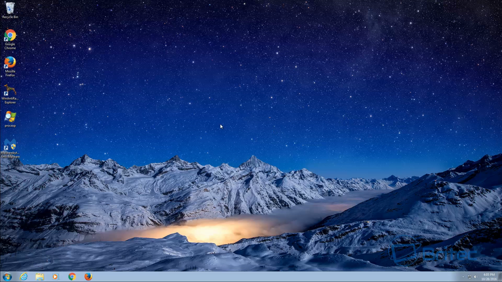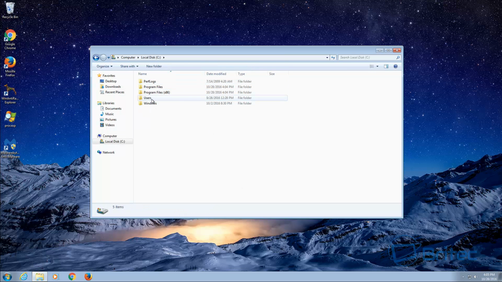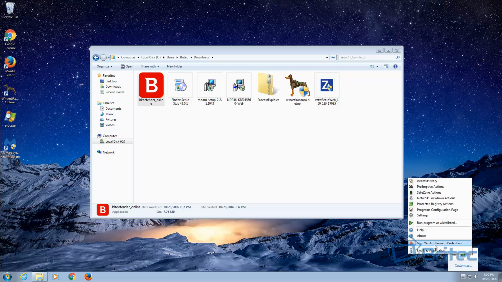Okay, so let's take a look at installing some antivirus programs and firewall and stuff like that. Now, what I would suggest you do is, if you're going to download programs like that, then go to the actual creator of that software's website, i.e. Bitdefender's main site, and download from there. Now, once you've got your downloads, I've got Bitdefender here, and also I have ZoneAlarm from their main site. And I know these are legitimate. I can then comfortably come in to my program here at the bottom, right click on this and stop Winantiransom